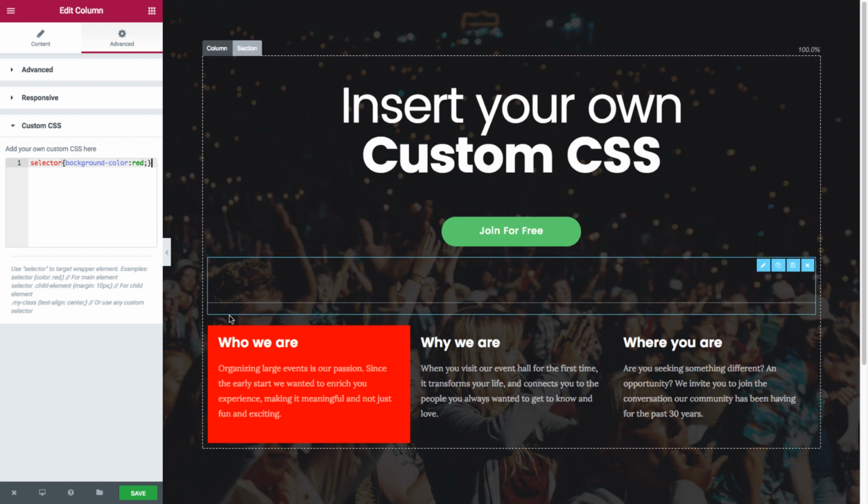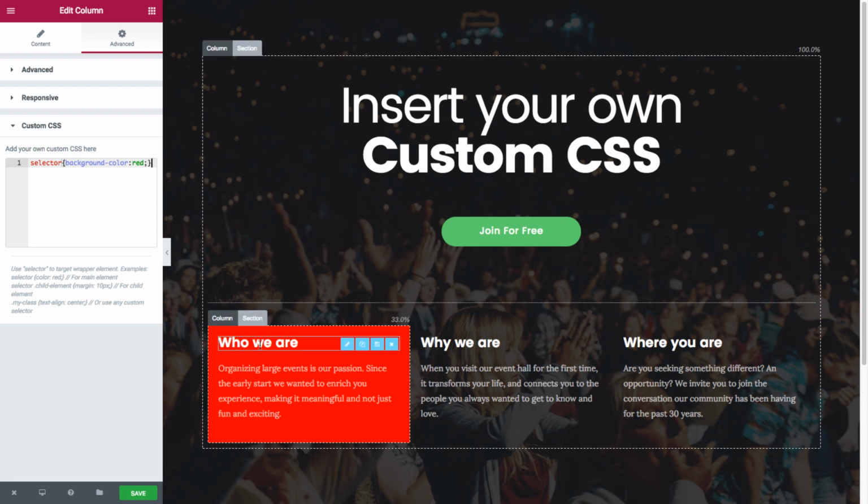And now for the heading's alignment. We're talking about a child element inside the column. So after getting the last child element of this heading from the inspect element in your browser, I have here two options. I could either add this last child element to the selector like this,